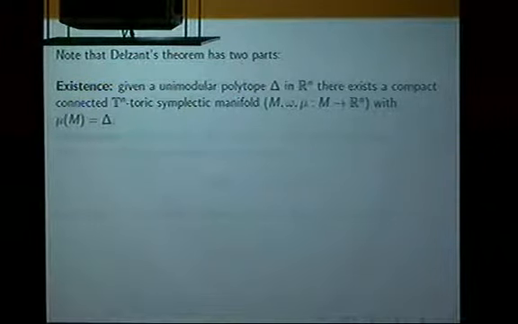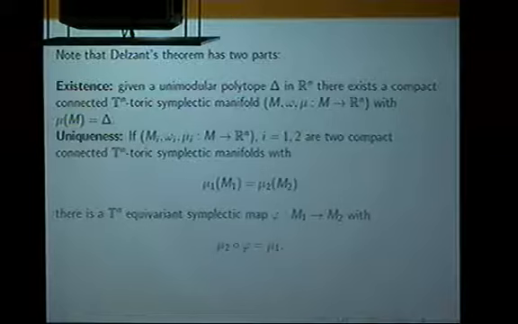Sorry? So M is smooth. Everything is smooth. No singularities. There are singularities in the torus action. There are fixed points. The vertices are images of the fixed points under the moment map. And then there is a uniqueness result that says if you have